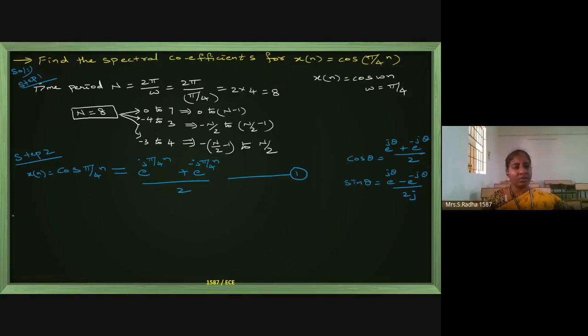Now step 3, I will go to the general formula. I have to find the spectral coefficients, which means I have to calculate the Ck value. The formula for Ck is summation x of n e power minus j 2 pi kn divided by capital N, with limits 0 to N minus 1. And here the k value is 0, 1, 2, 3, and so on up to